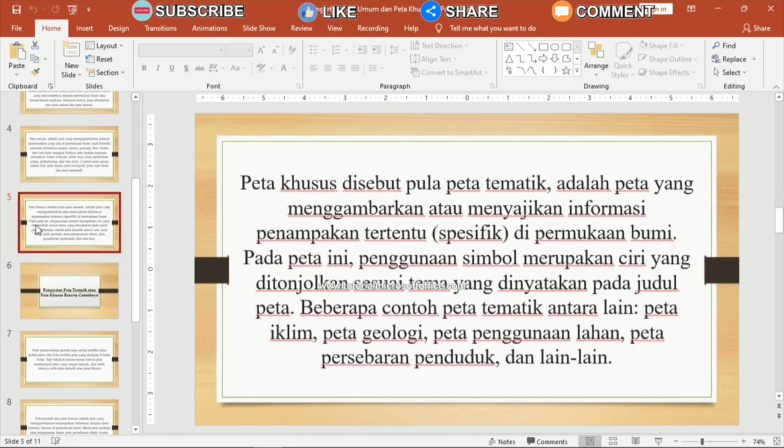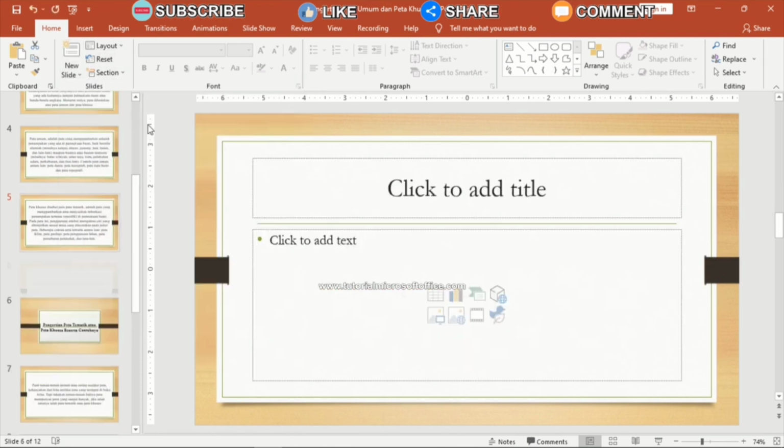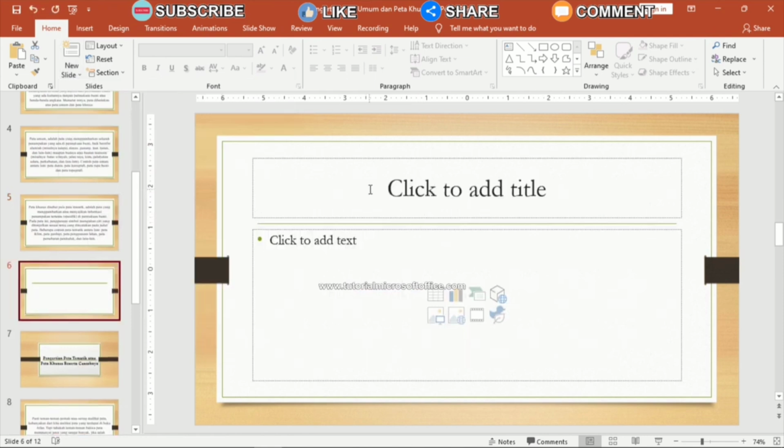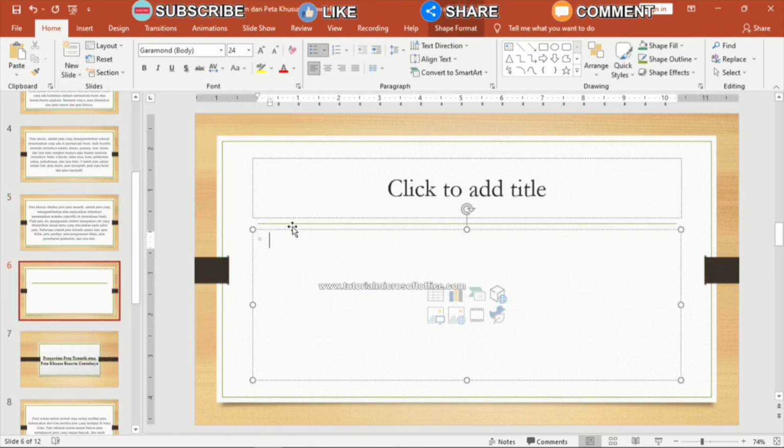First of all, determine where to place the video. You can create a new slide or clear the existing slide. There are several ways to insert a video into a PowerPoint slide. The first way is if you create a new slide, for example the title and content slide. In the content section there is an insert video icon. You click the insert video icon, then find and select the video that was prepared earlier, then click insert to